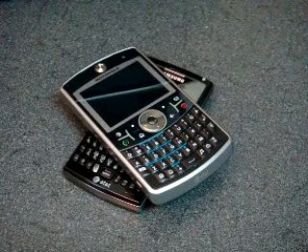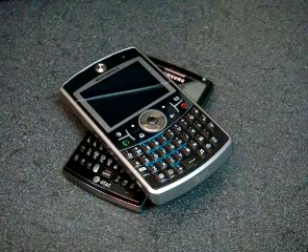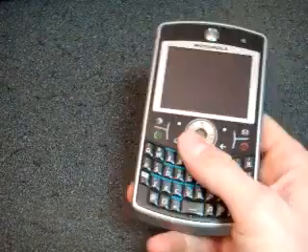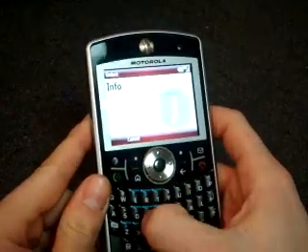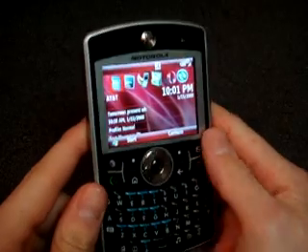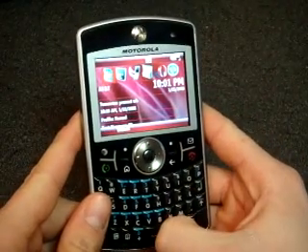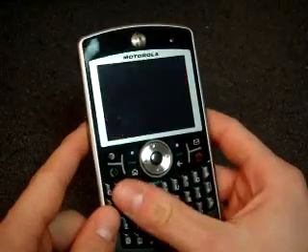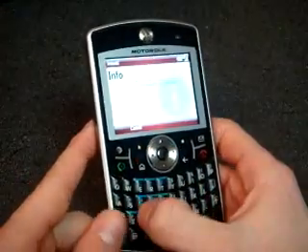and the BlackJack II. In this video I want to talk about software and see which one's stronger out of the box. So I'm going to start with the Q9, and to unlock, you do the unlock soft key and then star. Now to lock, it's kind of interesting. You press the home key and then the space bar. It's kind of unconventional. Usually it's a press and hold of the call end button, but it's easy to get